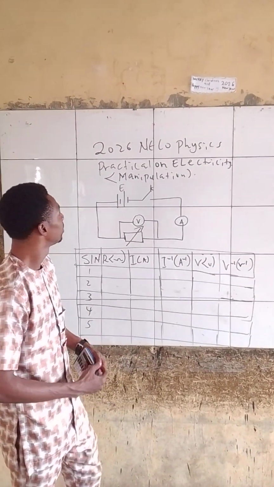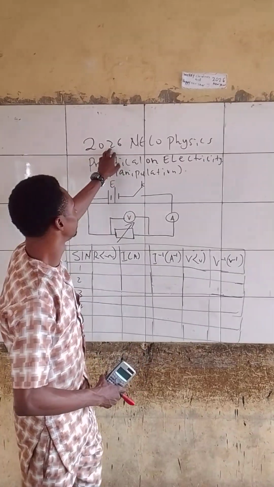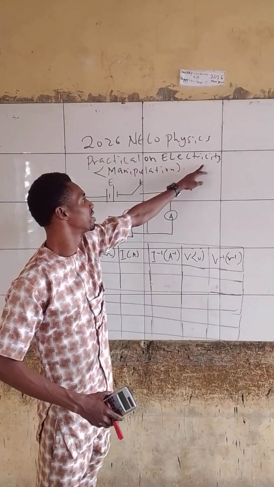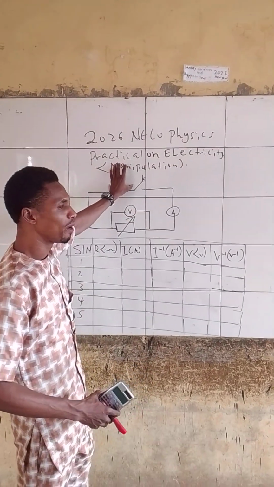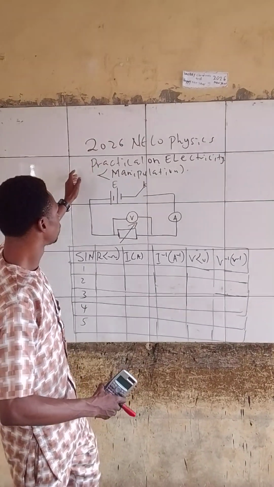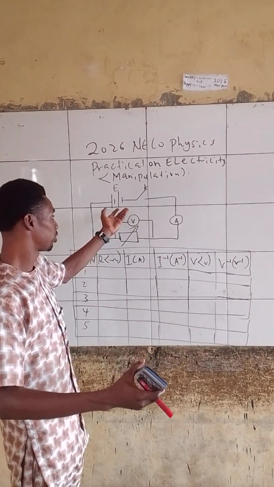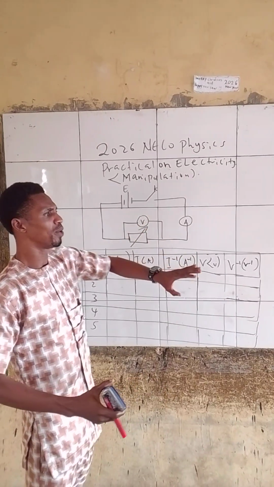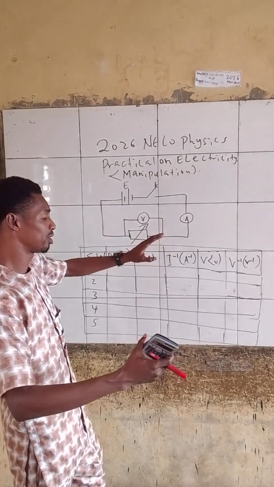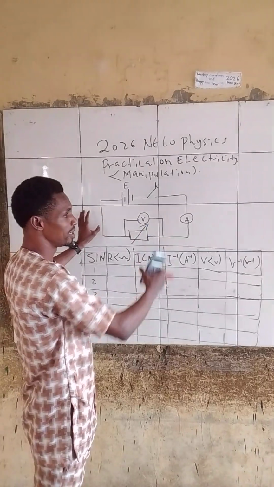To my online class. Now, this was the 2026 NECO Physics practical on electricity. That is the manipulation. Most schools do not have the apparatus to carry out this experiment. If you are in that category, whereby you don't have apparatus to take this kind of experiment, this video is